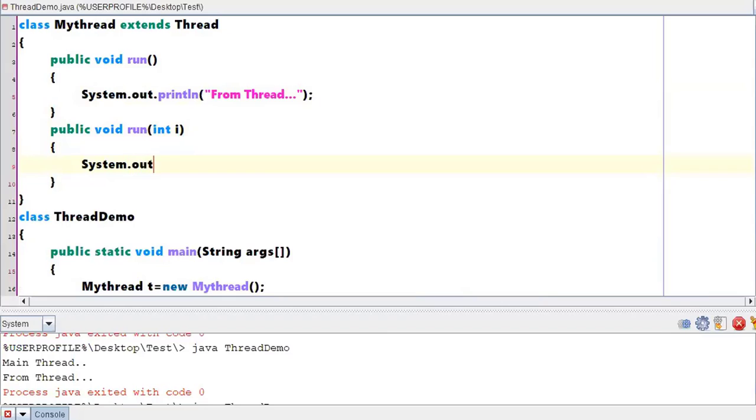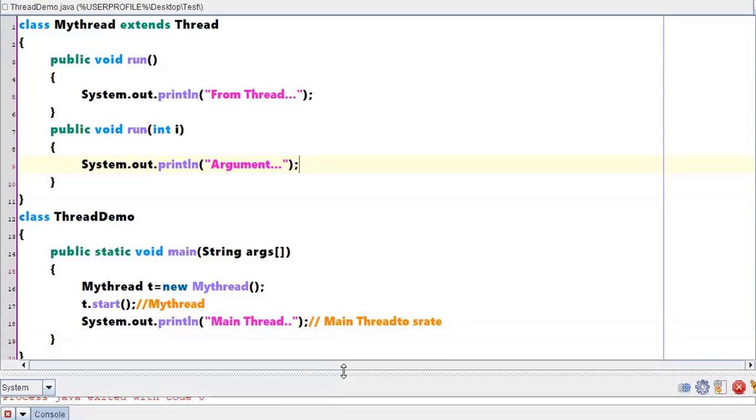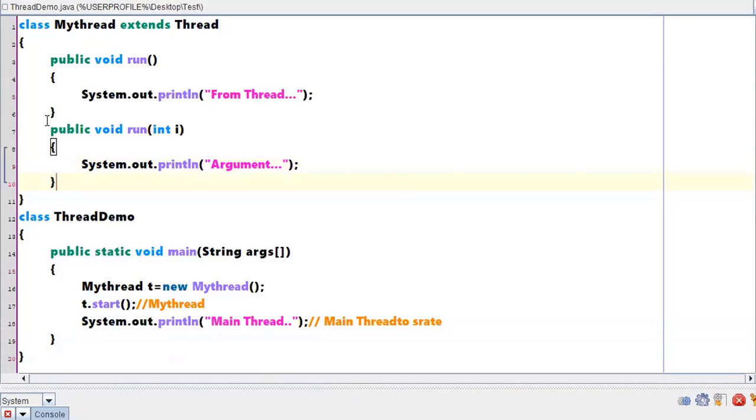Can I write a statement something like this? Is it valid? What we have done, this concept is called method overloading. Okay, so now the question is with respect to the run method,